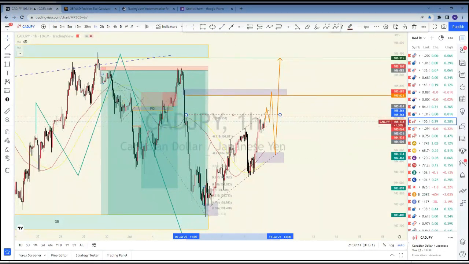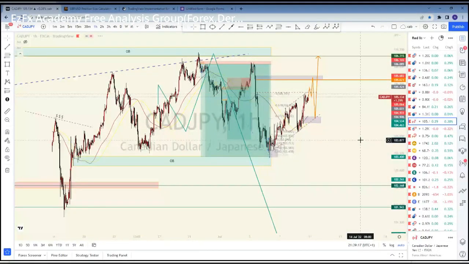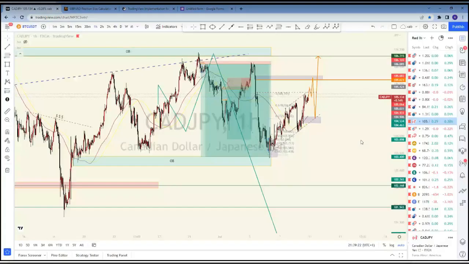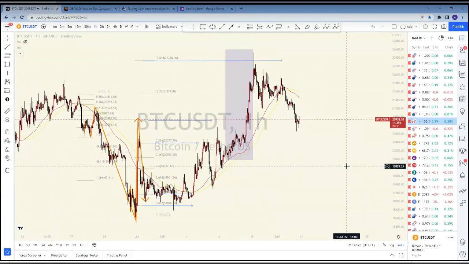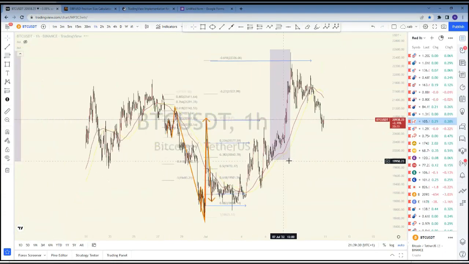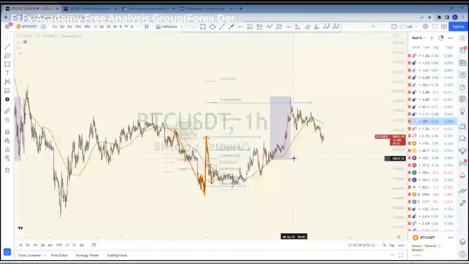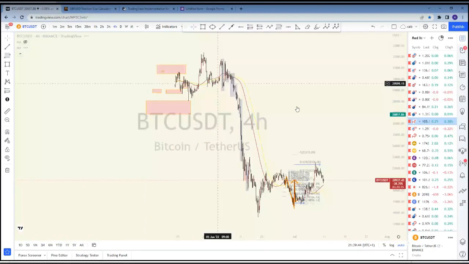So let's quickly look at the next one, BTC USD. Oh, interesting, BTC USDT. I think I have a crypto trader in the house. I think we looked at BTC USDT yesterday during the class I had with Dr. Bill's students. This was TP4. I think we talked about that yesterday, but one thing we didn't talk about yesterday was what to expect from that zone.